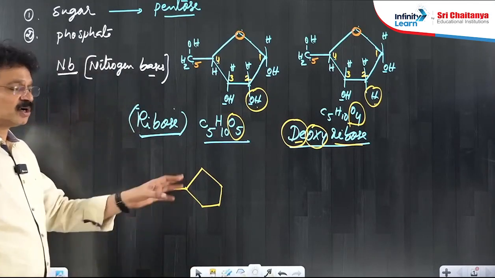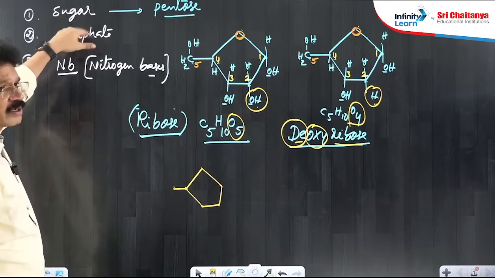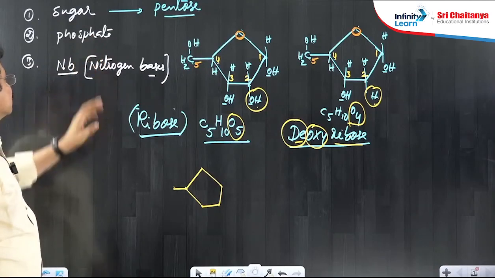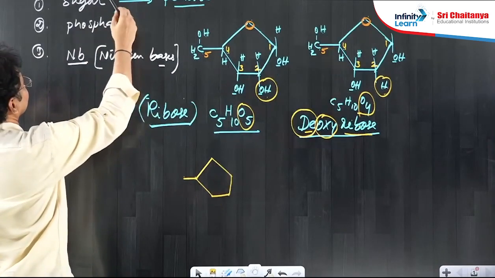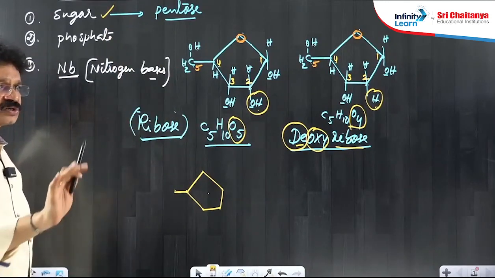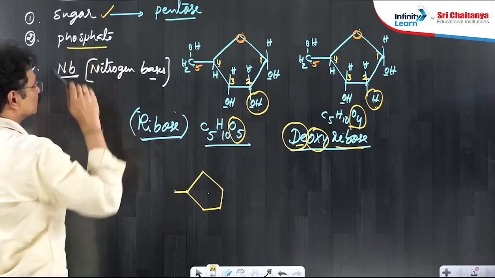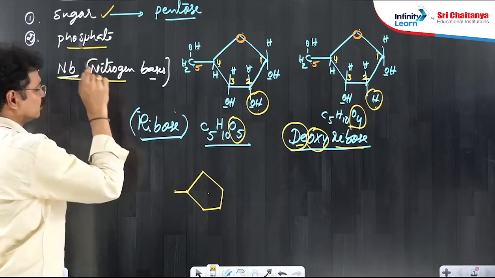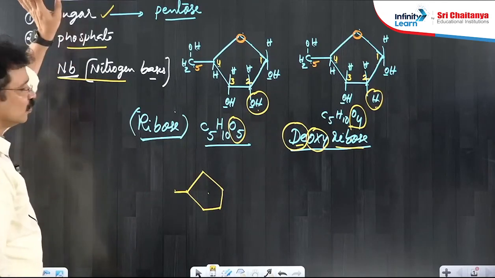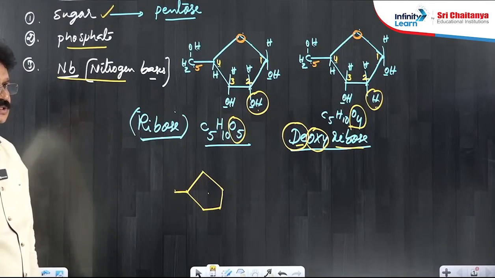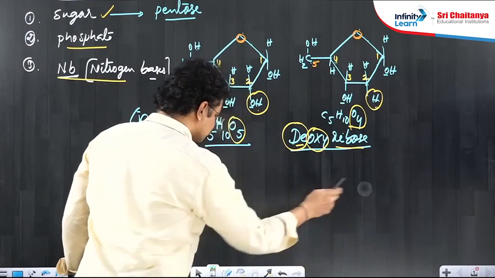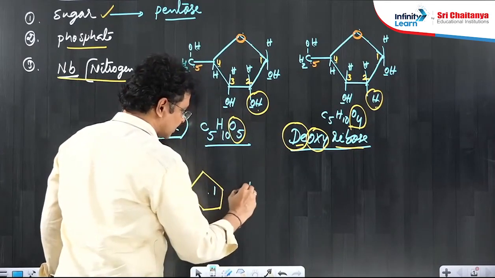Once recollect how many chemical constituents are there in a nucleotide. Sugar is there, phosphate, nitrogen base. Discussion about the sugar is completed. Information about the sugar molecule is over. The next constituent is the phosphate group. Another one is the nitrogen base. First of all, you have to learn about nitrogen bases, so later we will go to the phosphate area. Yes, three constituents. Nitrogen bases are usually bound to the sugar molecule at the first carbon only.